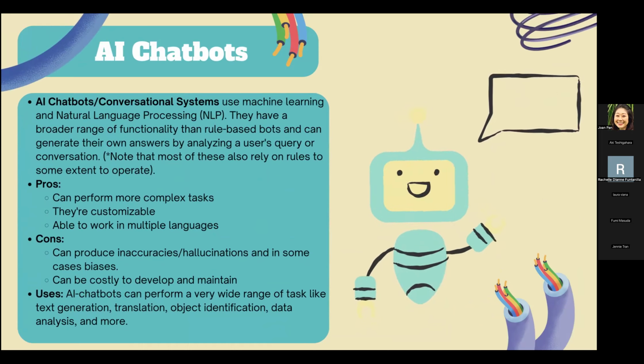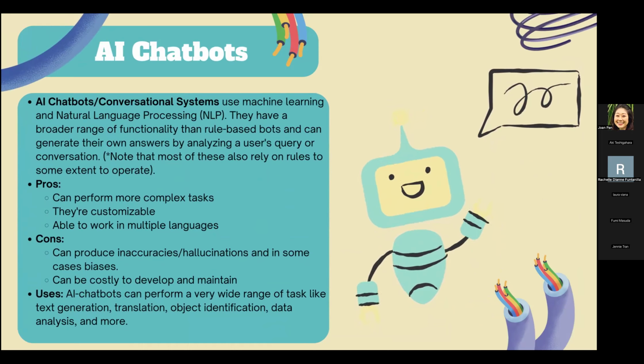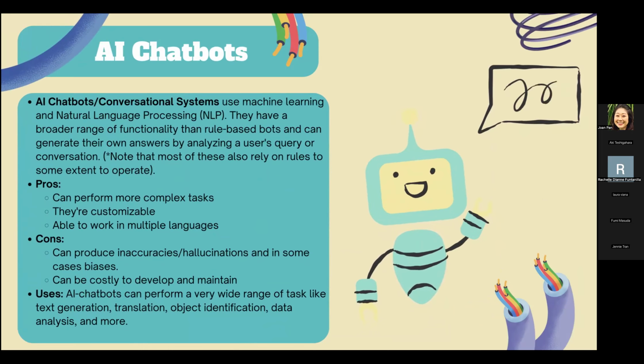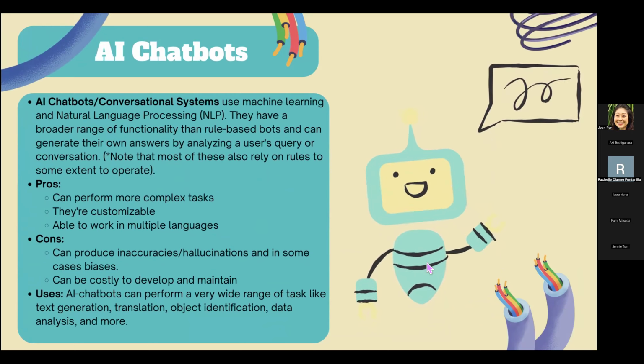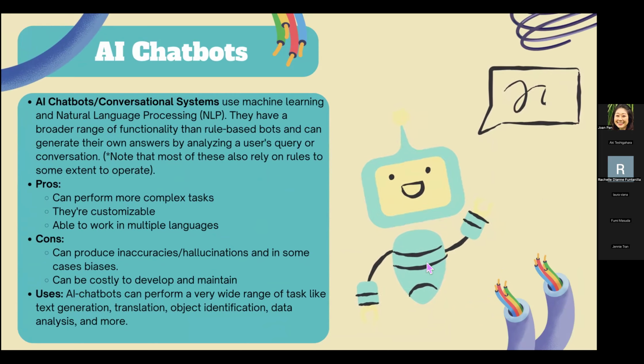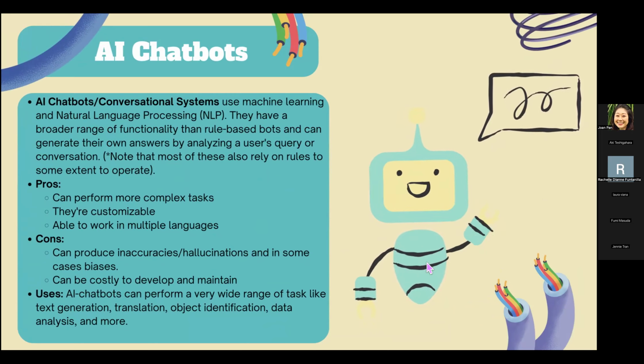And these chatbots use machine learning and natural language processing, and they have a really broad range of functionality, much broader than our rule-based bots. They can generate answers on their own. They can analyze the questions that a user puts in. We also should note that pretty much all of the chatbots that we interact with don't exist without rules. They have many rules underlying them as well,